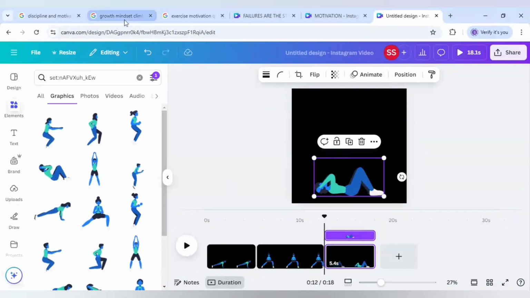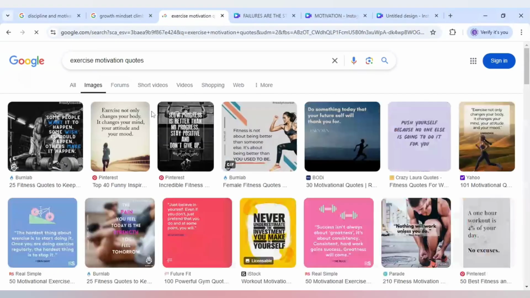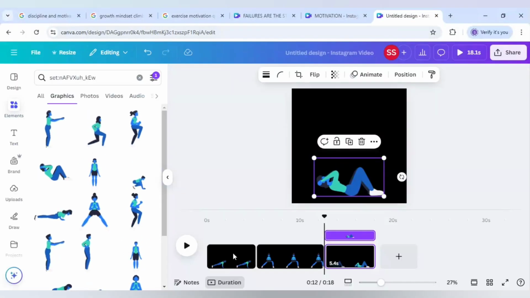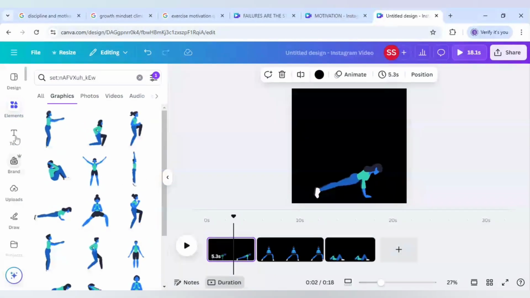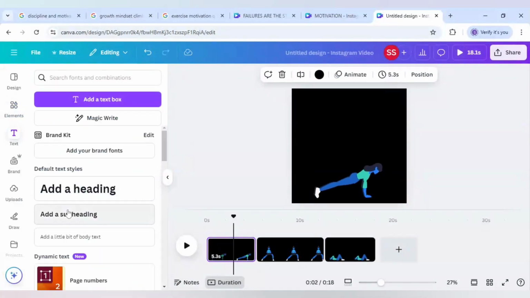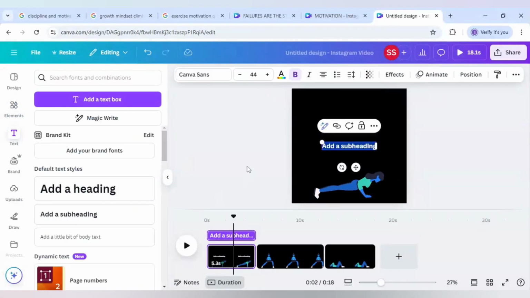Okay, so the exercise motivation quote which I will be using is this one: The pain you feel today is the strength you feel tomorrow. So I will go to the first slide, and in here I will go to text, add a subheading, and here I will write the pain you feel today,